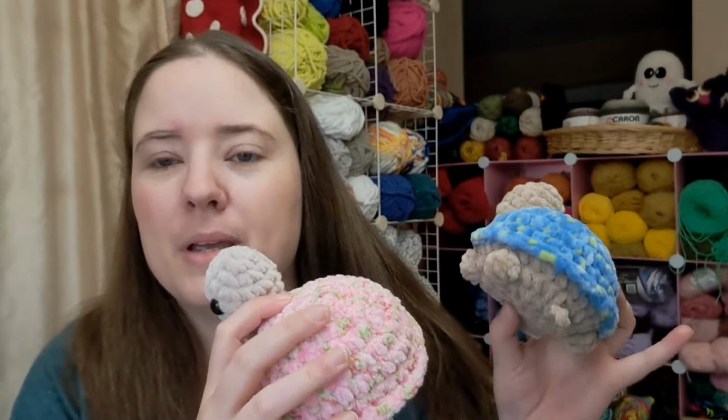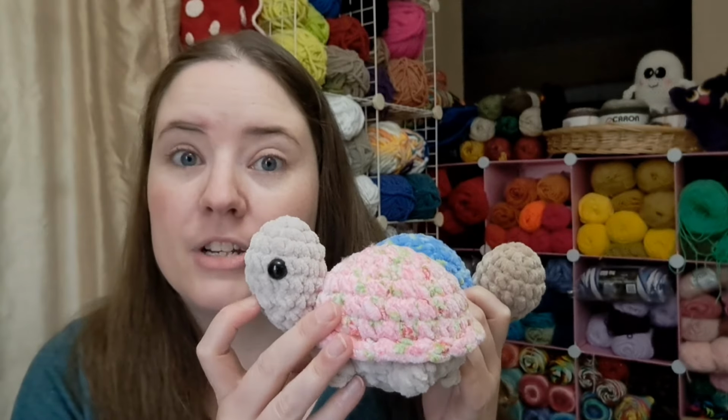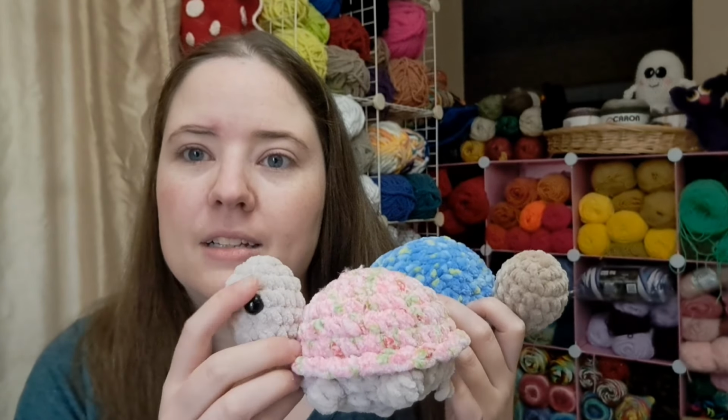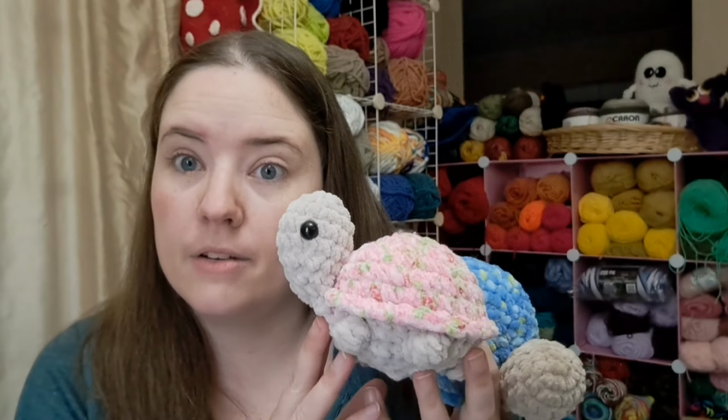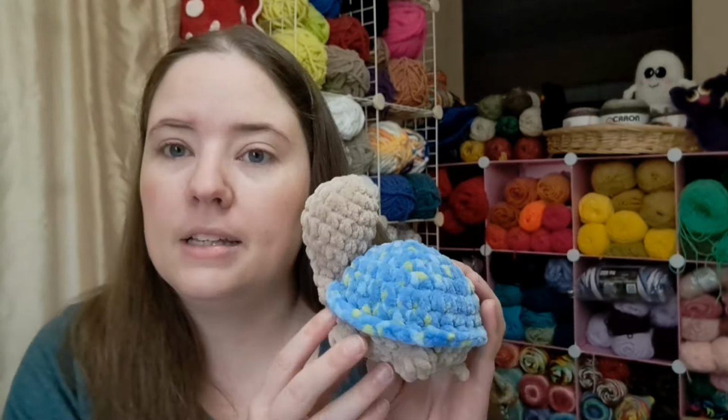This pink is Bloom Chenille Bloom Chunky, something like that. And then this brown color is Parfait Chunky. This Parfait is slightly smaller than the Bloom yarn, but I think it still works good together. So I'll put safety eyes on that one. I still need to put a little mouth on it. And this one is